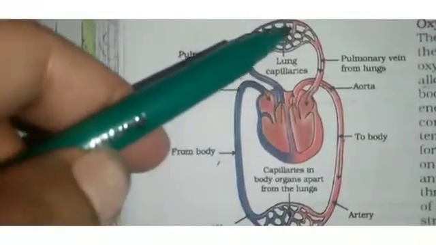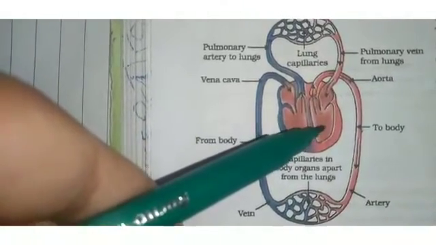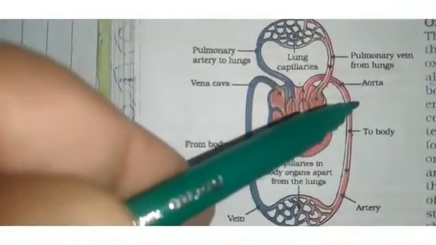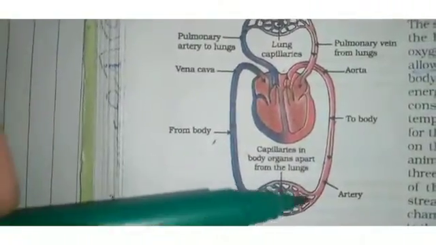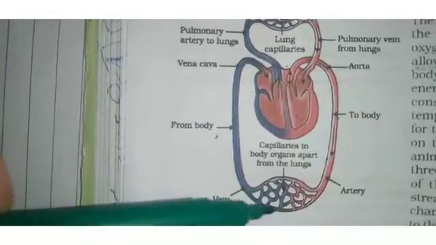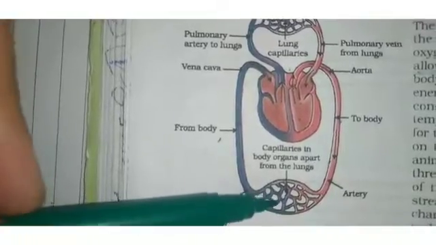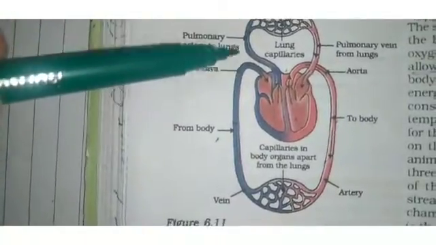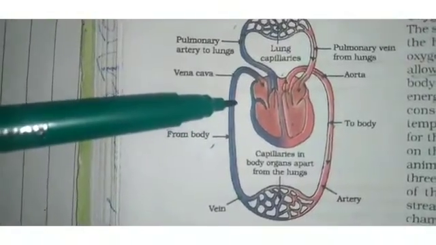In this picture you can see the blood coming from the different parts of the body to the left atrium and the left ventricle. From here it goes to the different parts of the body with the help of a vessel called the aorta, and it gives oxygen to each and every cell. Once the oxygen is given to each cell, carbon dioxide or waste materials are formed, which must be carried by another blood vessel called the vein. From the upper part of the body the superior vena cava, and from the lower part of the body the inferior vena cava, brings the deoxygenated blood.